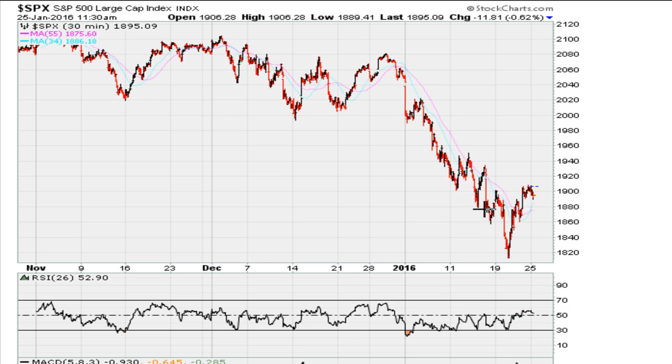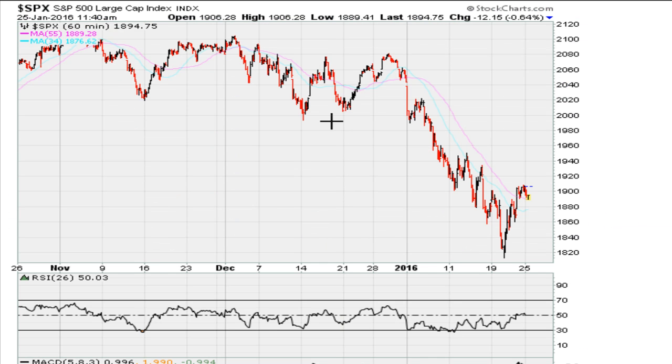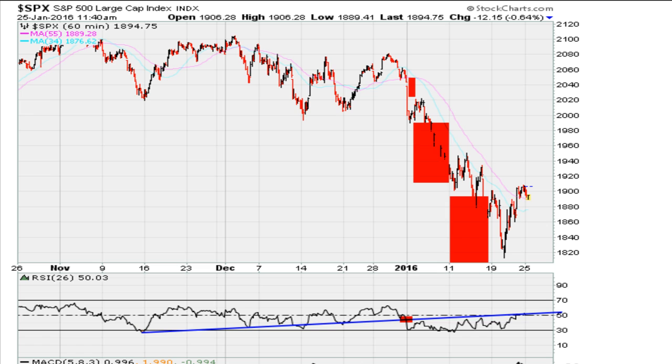And in fact, if you take a look at the S&P 500 hourly chart, not the 30-minute chart which we've been looking at, on the hourly we can see that the market is coming back and is doing some type of a back test on the SPX. So you can see that this line was the break point coming into early 2016 for this drop here. Of course, we've been down since, and now the market is coming back and is doing a back test of this level. So as long as the market is showing RSI resistance, irrespective of what the RSI channels are showing us or the price channels are showing us,